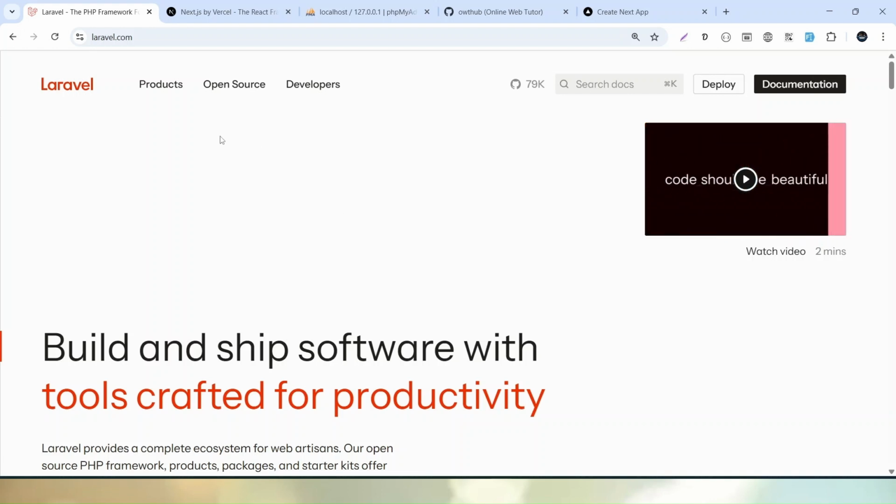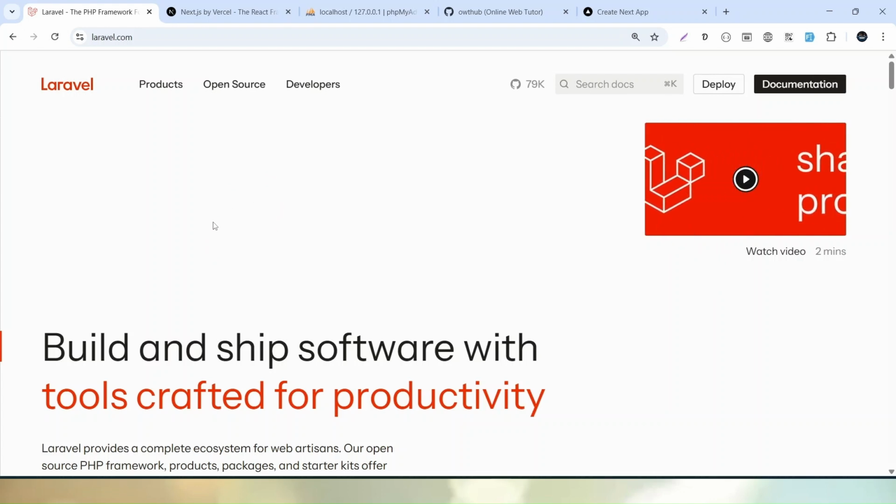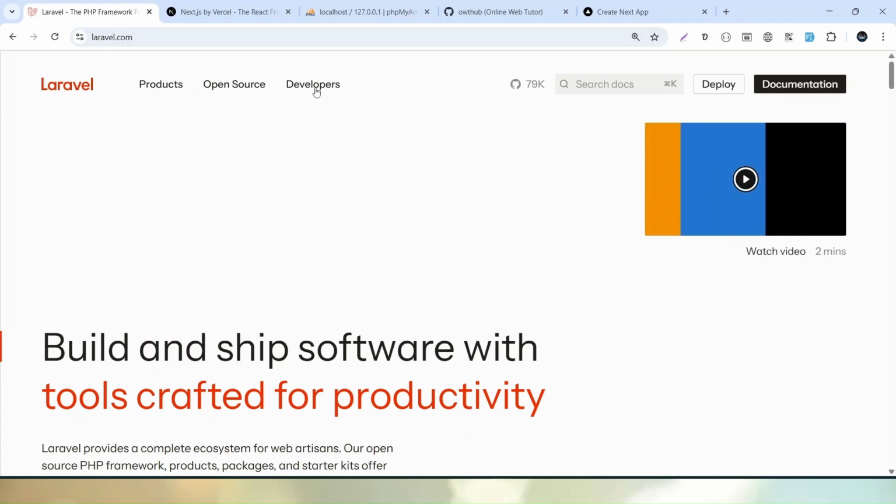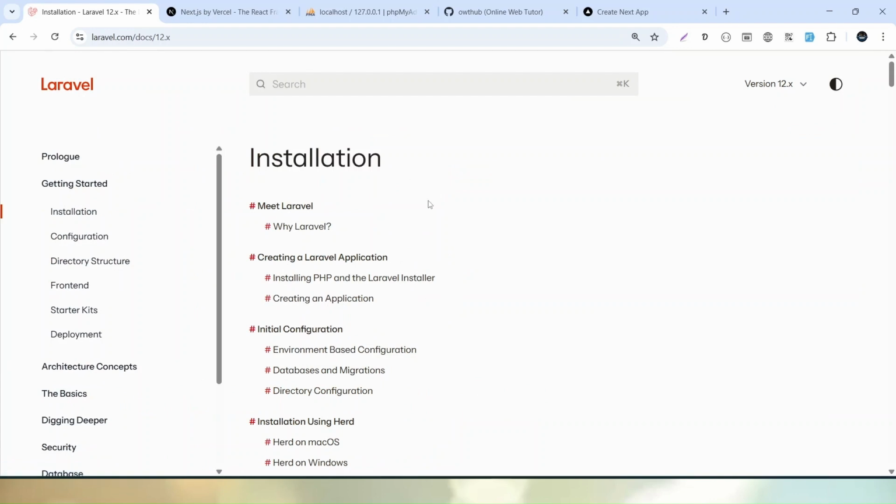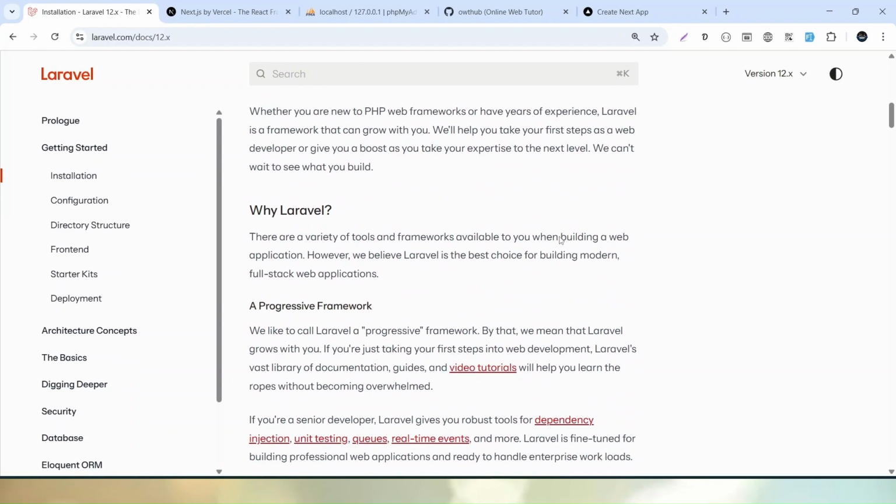Now if you are wondering what command we have to run to install this Laravel 12th version, it's very simple. This is the official website of the Laravel framework, that is laravel.com. Click on developers, then documentation, and now you can see we are inside the documentation of version number 12. Now here, if I scroll,